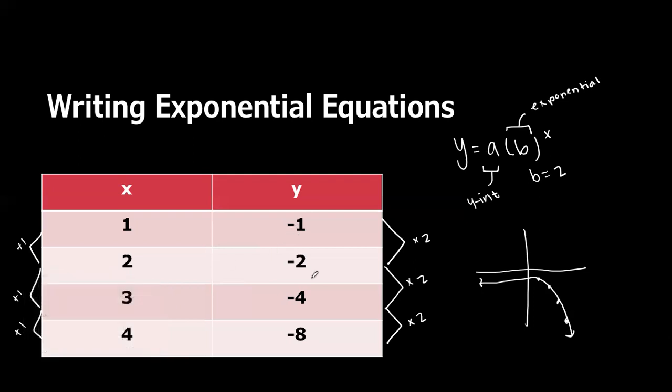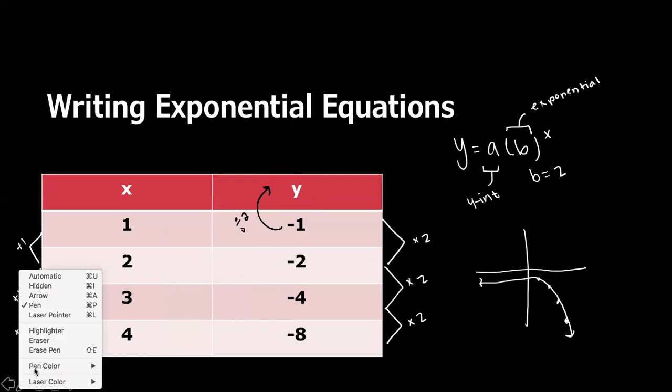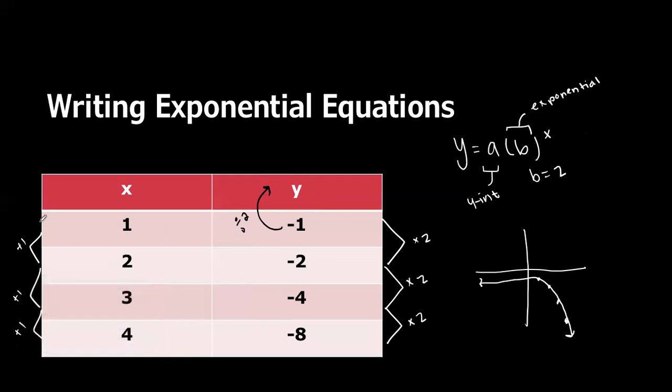So what Jaden just said is you could go backwards. If we know that it's multiplying by 2 to get to the next thing, then we can go backwards and divide by 2 to figure out what was before this point. Right here, this is 1, so all I have to do is go backwards one more to get when x is 0. So I can use this y value and divide by 2 to figure out my other one, which would be